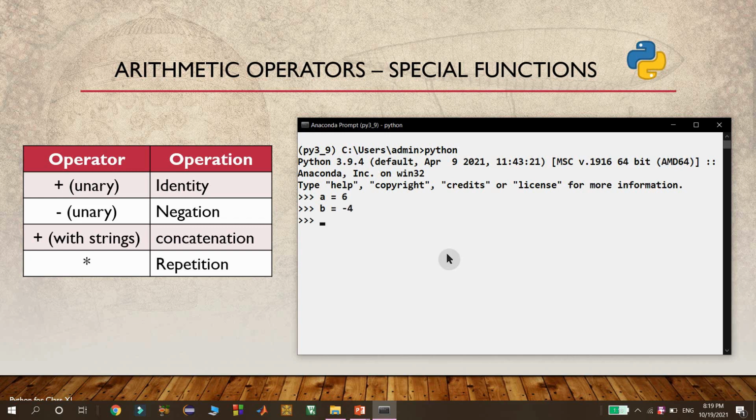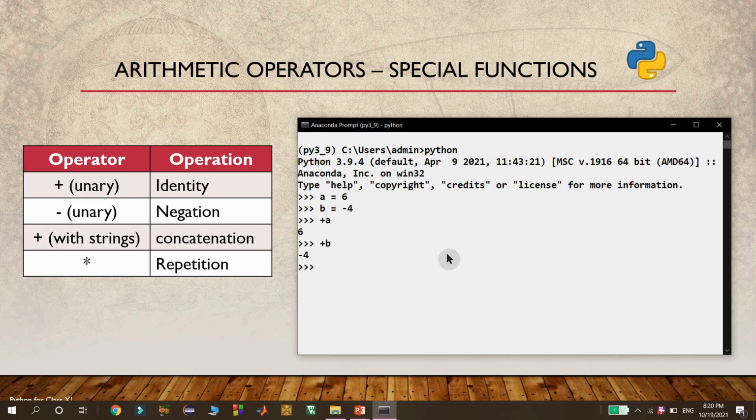Now if I use unary plus with variable A, then I will get the same value. If I use unary plus with variable B, again I will get the same value which is present in variable B. That means unary plus, which is the identity operator, returns the same value as its operand.